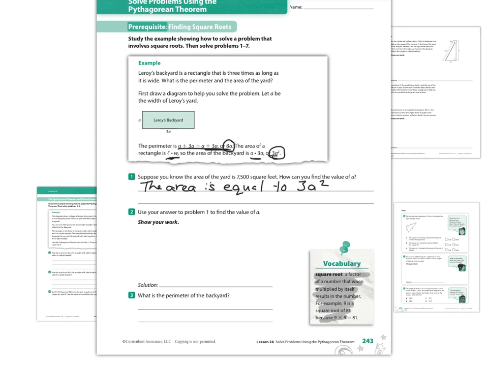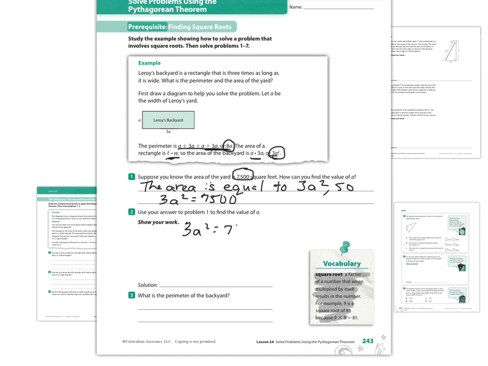Since we know the area is equal to 3A to the second power, we can write an equation. The equation is 3A to the second power, again the area, and they tell us in the problem the area is equal to 7,500. With that being said, number 2 is basically solve the equation we wrote for number 1,